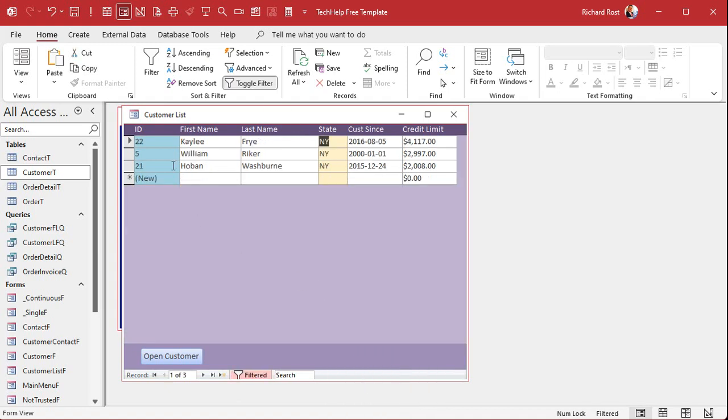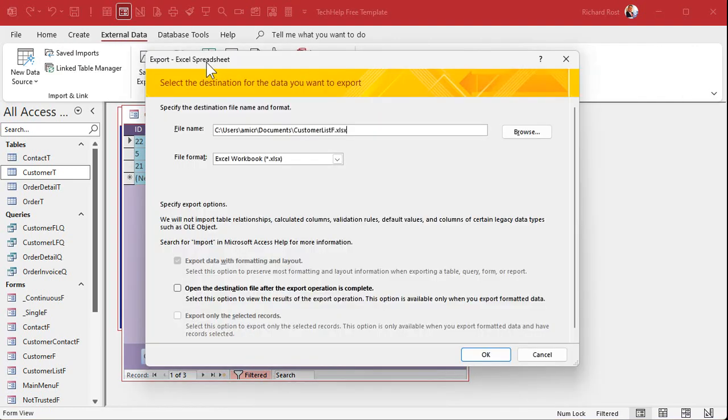Now I want to export this. So external data, Excel. It's going to be customer list F, Excel workbook. Now down here, notice this option is available now. It says open the destination file after the export operation is complete. You can only do this when you export formatted data. Why formatted data? I don't know. You can't do it if you don't have a formatted table. It's weird. But now you can check this box on,